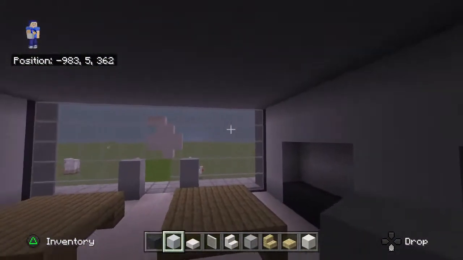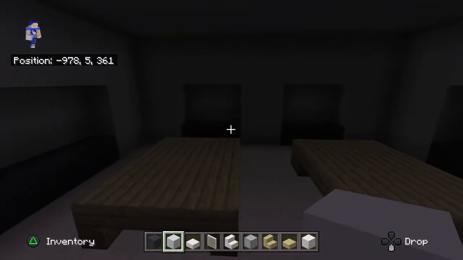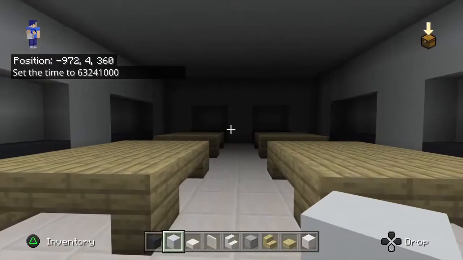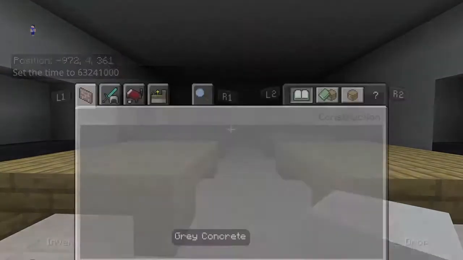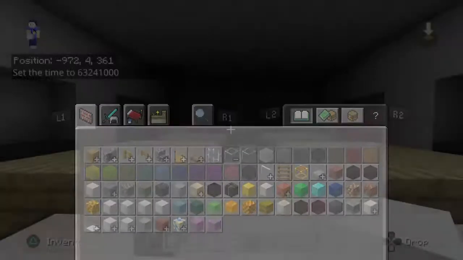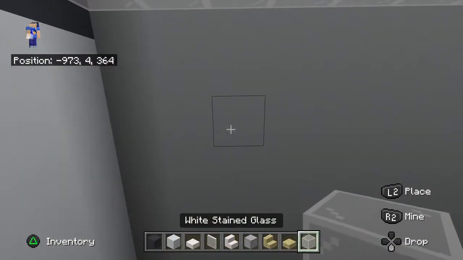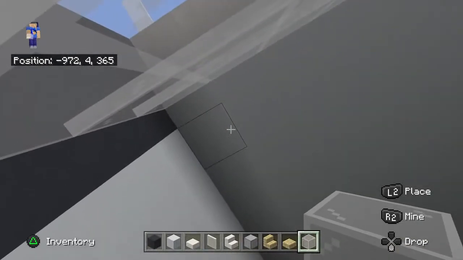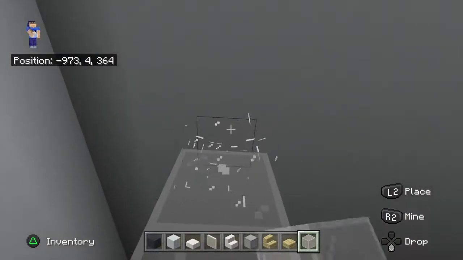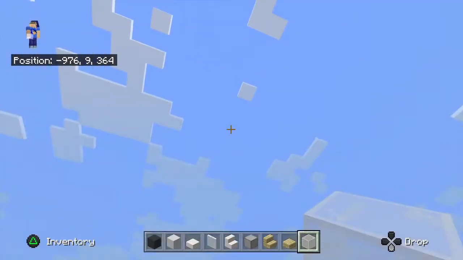The natural daylight. So we're going to start off with just a solid white concrete roof like this, which is quite a light colour as well. There's a reason that I chose white, because it's a light colour already. And what we're going to do is grab the white stained glass, and above where the tables are, I want to create skylights in the ceiling. So these are going to coincide where the tables are, so they should hopefully be quite easy to do. Once you've got one,